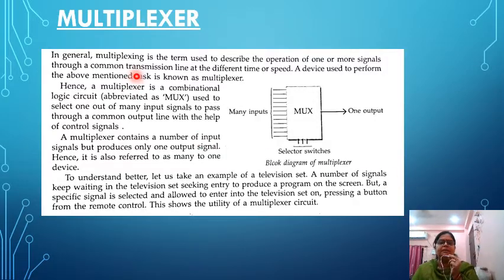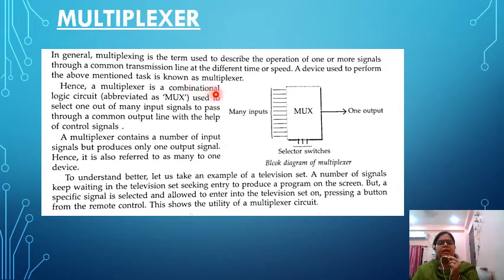Now what is multiplexer? In general we can say that multiplexer is the term used to describe the operation of one or more signals through a common transmission line at different time or speed. A device used to perform the above-mentioned task is known as multiplexer.